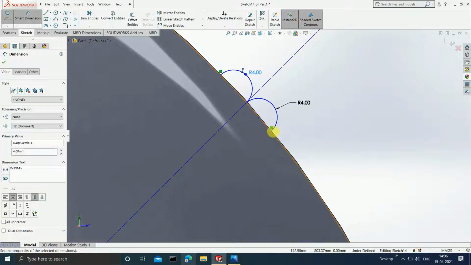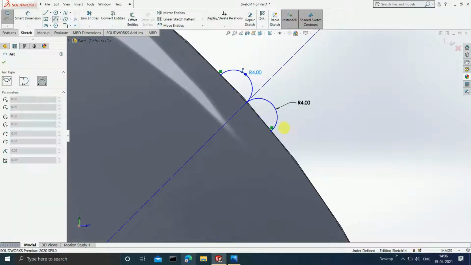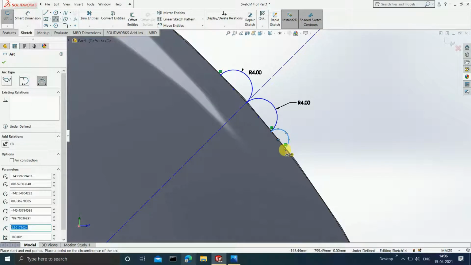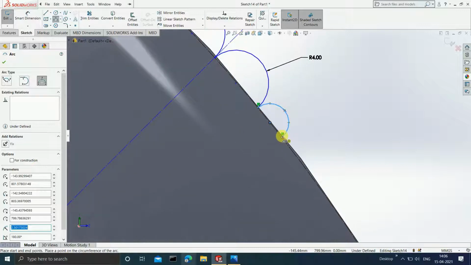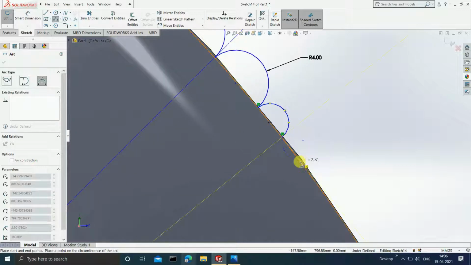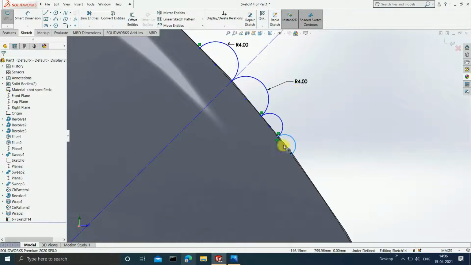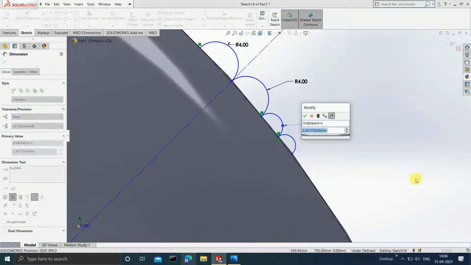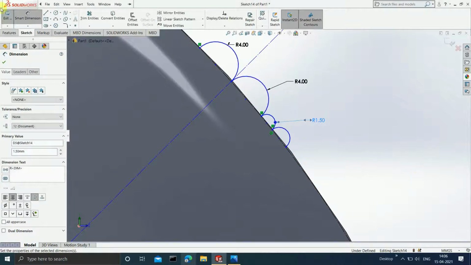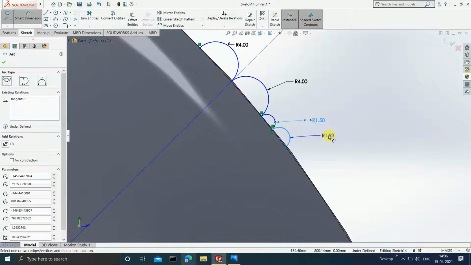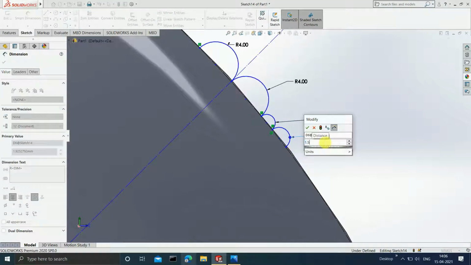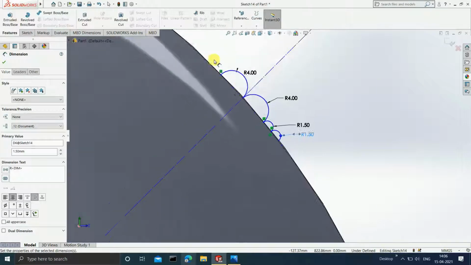Now you have to draw 2 small arcs now. See, from here again, starting from this point. Okay, click on escape. Now guys, give the dimensions to this arc as 1.5. Enter. And 1.5 to this as well. The same thing you have to do on the other side as well.